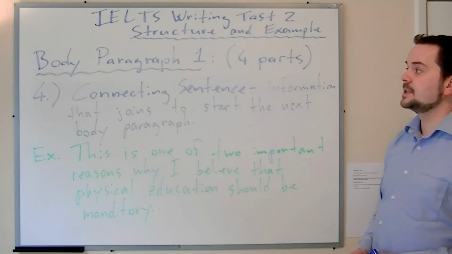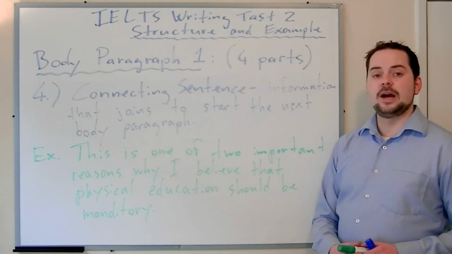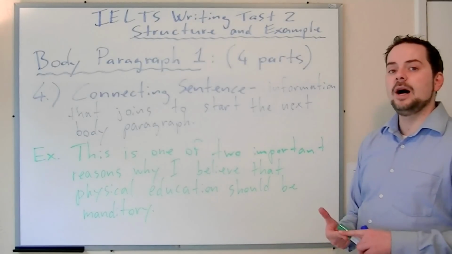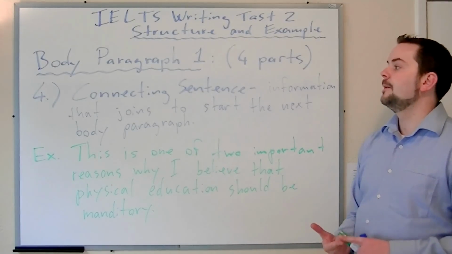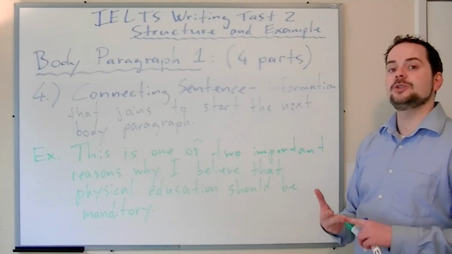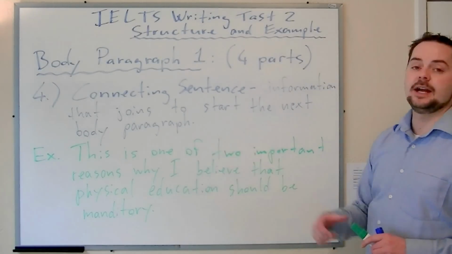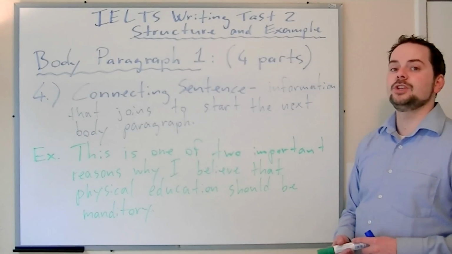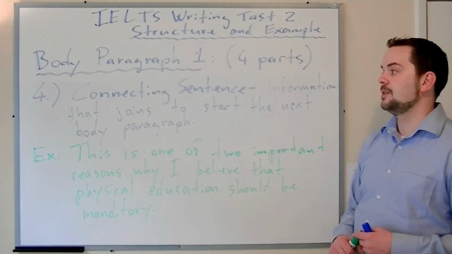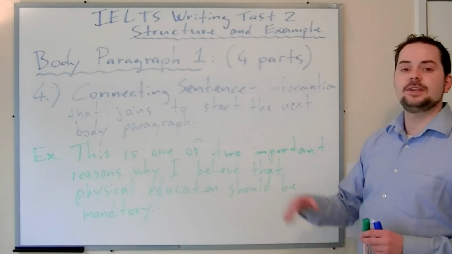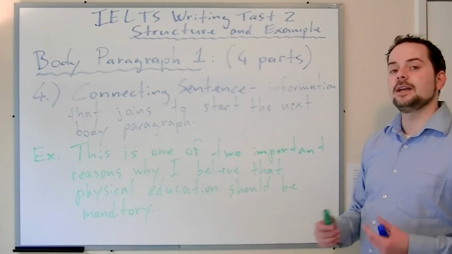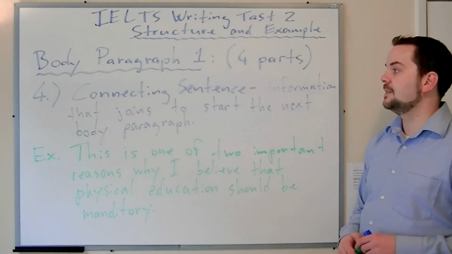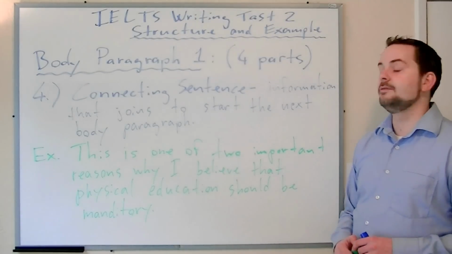So this is the end now of our body paragraph 1. Again, the 4 parts: what, topic, sentence; why, a clear explanation; how, which is a clear specific example; and a connecting sentence. Now we're ready to go on to our second point, which is cooperation, if we remember our thesis, and we will follow the same steps in the second body paragraph. So let's have a look at that, and let's write that part of the essay.